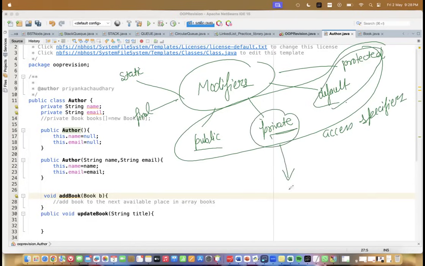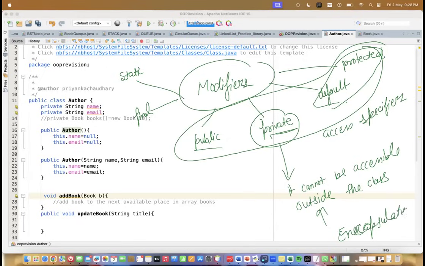If your property is private, it cannot be accessed outside the class. And whenever they ask you about encapsulation in your exam, you will use this term in your answer. You have to describe the private keyword whenever they ask you to define encapsulation, or to tell any two advantages of encapsulation, because encapsulation means we are wrapping up our data